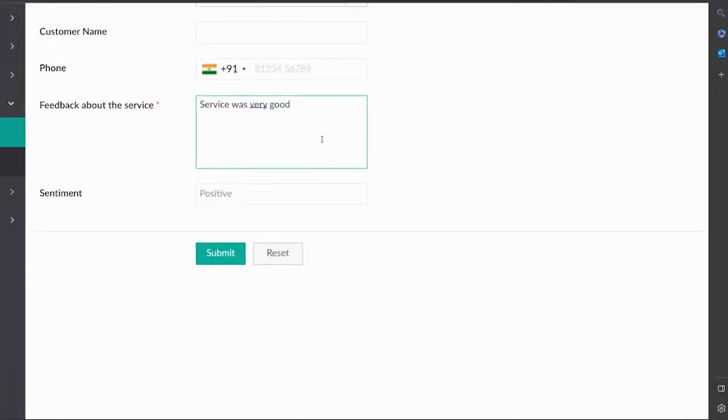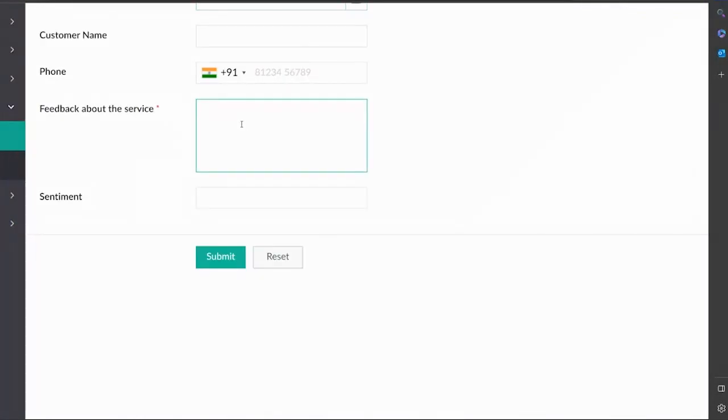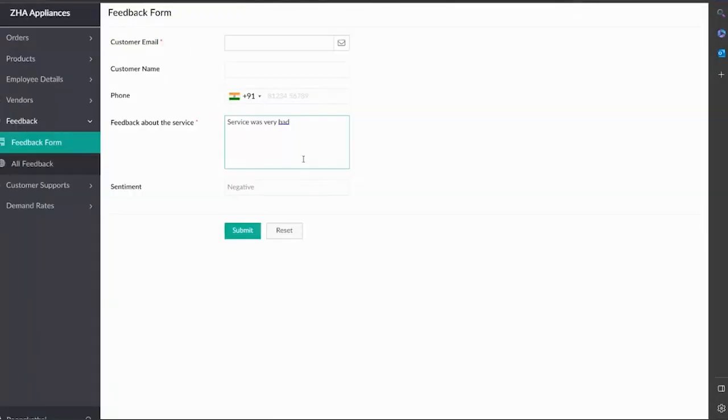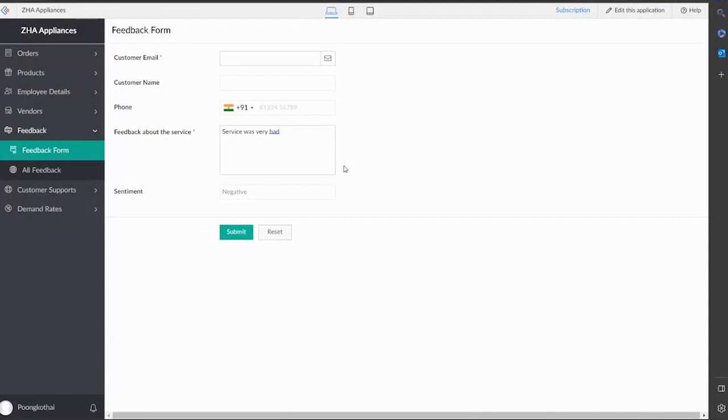So based on the feedback, it captures the negative or the positive sentiment. Let us also try, let me reset and try a negative statement. And as you can see, based on the feedback, the sentiment is being captured over here. So this is how you can make use of the sentiment analysis here. And moving on to the next form,